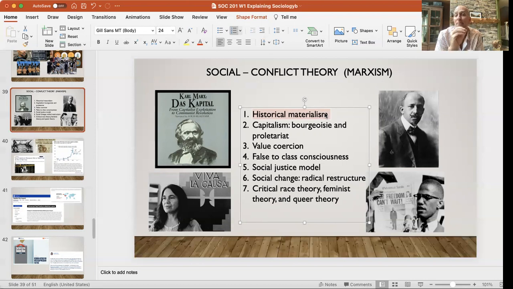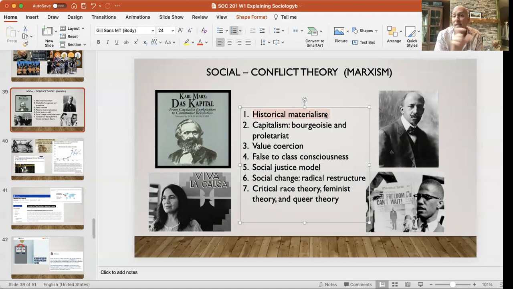In a system of capitalism, you have the bourgeoisie, the owners, the ruling class, and the proletariat, the workers. There's also the lumpen proletariat. There are other groups that Marx identified, but the two main groups are the workers, the proletariat, versus the owners, the bourgeoisie. And from a Marxist or conflict theory model, the bourgeoisie, the owners, shape institutions for their own benefit at the consequence of the working class.